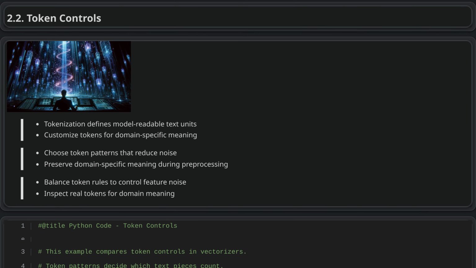Token controls. Token controls determine how text is broken into units, such as words or character sequences, before a vectorizer turns it into numerical features. This step shapes the vocabulary the model can learn from, so it is central to feature extraction. Default tokenization often lowercases text, removes punctuation, and splits on word boundaries, which works for many tasks, but not all. In specialized domains or social media, capitalization, symbols, or emojis may carry meaning, so token controls help define what should